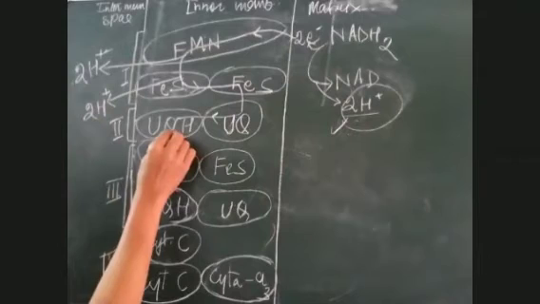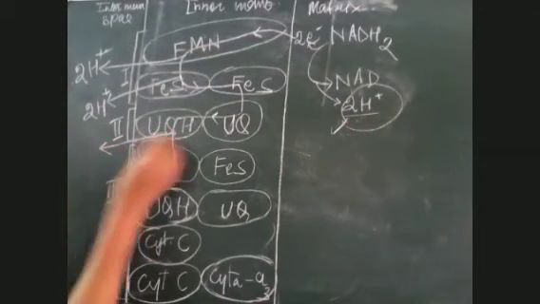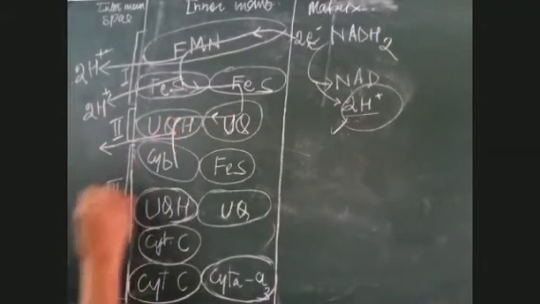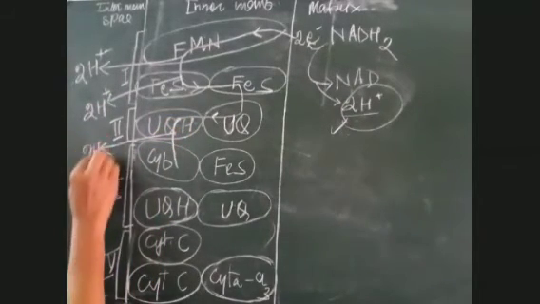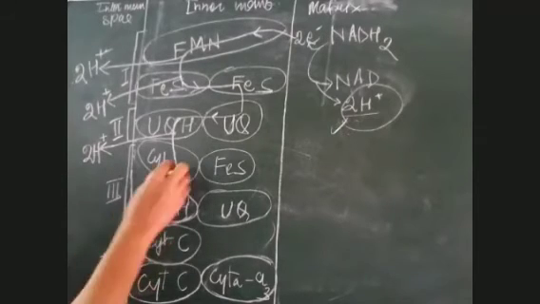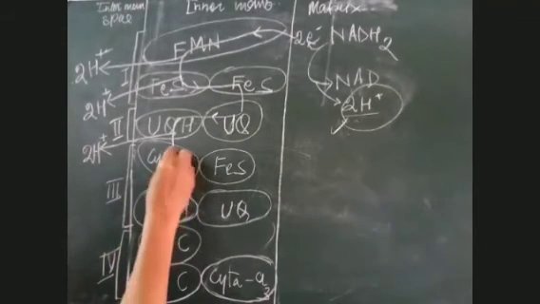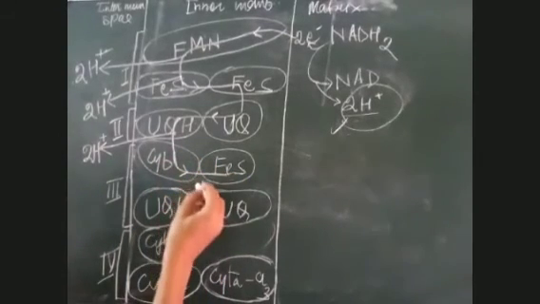So here one more proton is released into the intermembrane space when it travels to complex number 2. Now see, 3 protons have entered the intermembrane space. Now, when it travels to cytochrome B, again it travels to the FeS complex. This is the FeS complex where it has traveled.